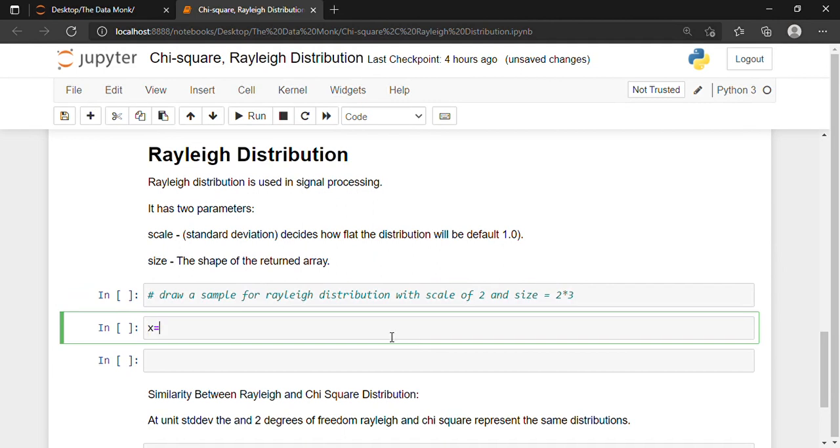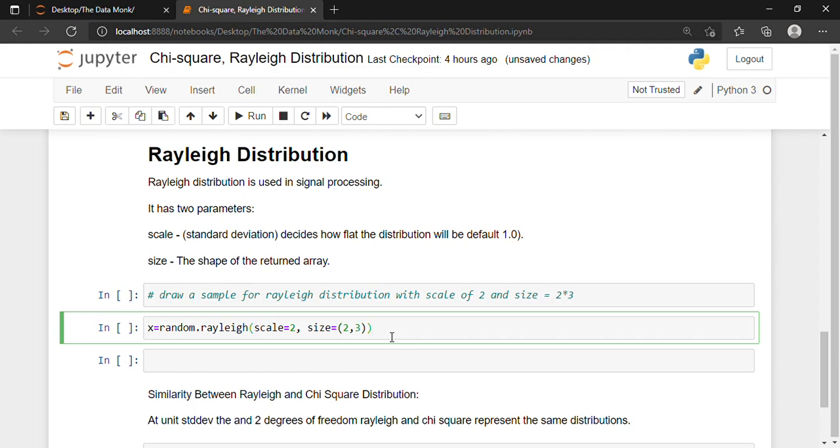For doing this, we will simply write x is equal to random dot Rayleigh, and inside we will mention the scale. The scale I said is 2, and the size is 2 rows and 3 columns. So scale is equal to 2, comma, size is equal to, inside the bracket, 2 comma 3.